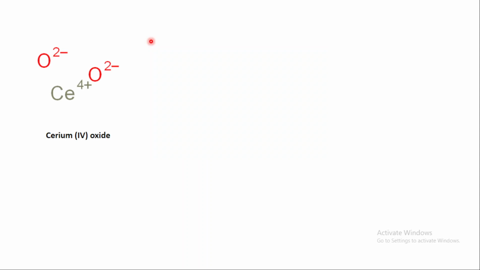If we see the explanation, this is how cerium 4 oxide or CeO2 will look like dissolved in water: Ce4 plus and two molecules of O2 minus. So now the total molecule charge is 0. This is what I was talking about in calculating the oxidation number of a compound. And this is how cerium 3 oxide will look like: two molecules of cerium 3 plus, and three molecules of O2 minus,